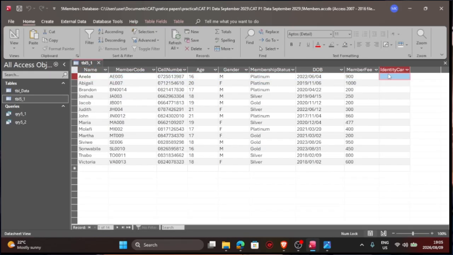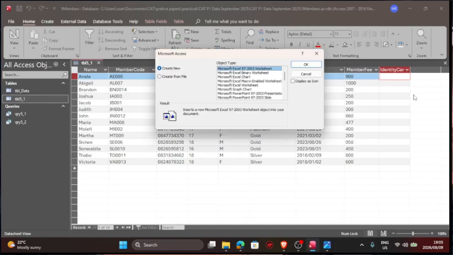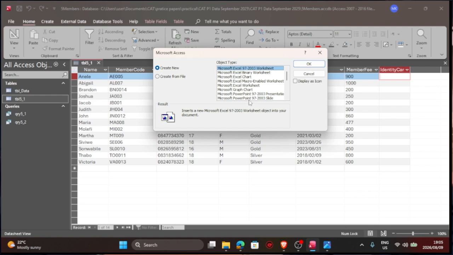Now we go to Anel. Make sure that your cursor shows up at identity card. You then right click. From right click, you go down. There is an option there for insert object, right? Remember, our pictures are objects now. So we go to insert object, and then it gets you to choose which object you want to insert. So we say create from file, the way you do in Word, and then we go to browse,